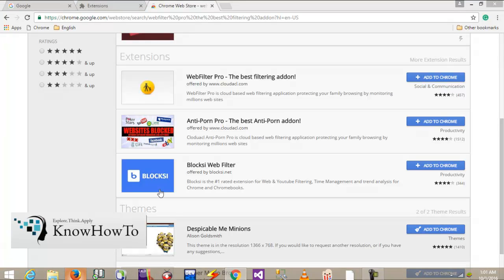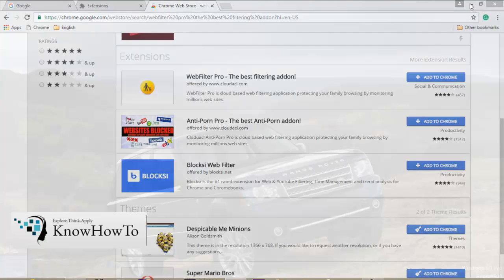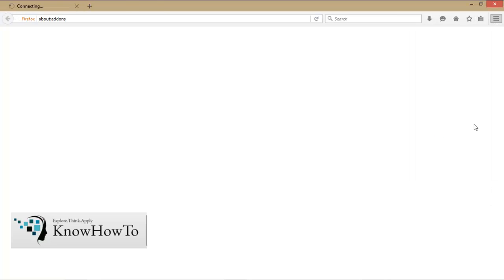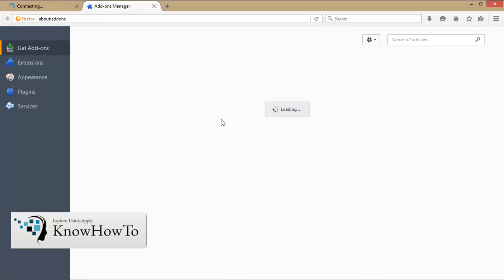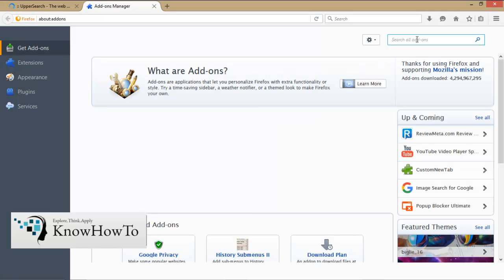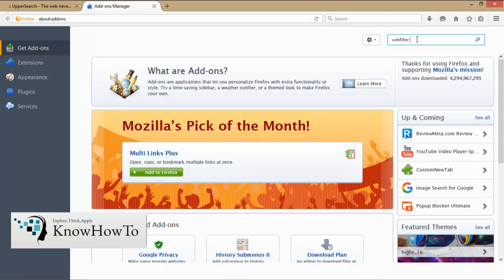So you need to open your Firefox, and here you need to go to Tools, and you need to click on Add-ons, and after clicking on Add-ons you need to search Wave Filter Pro.